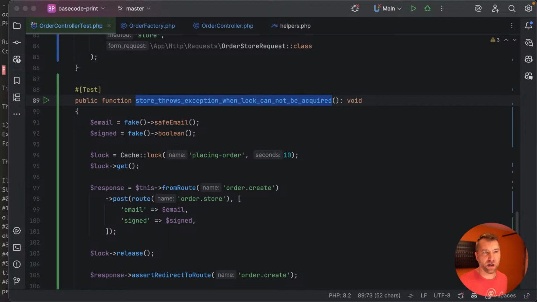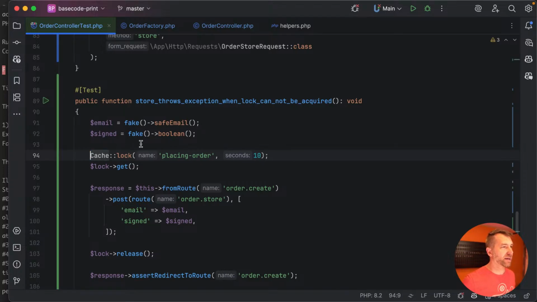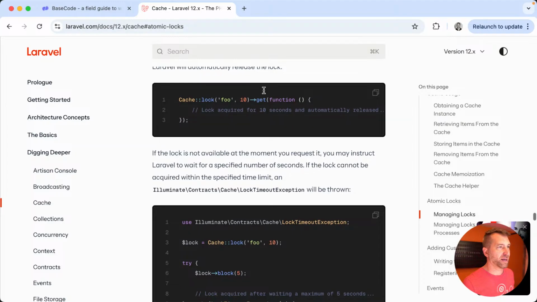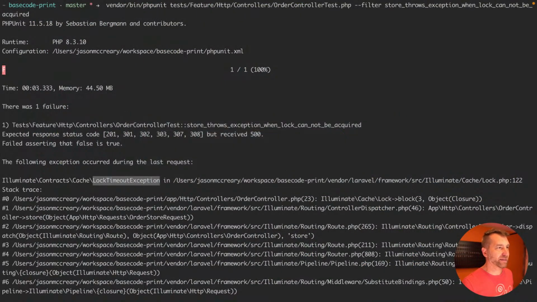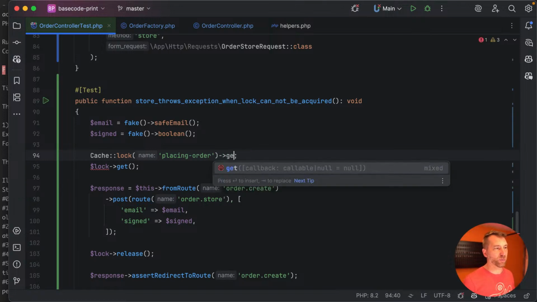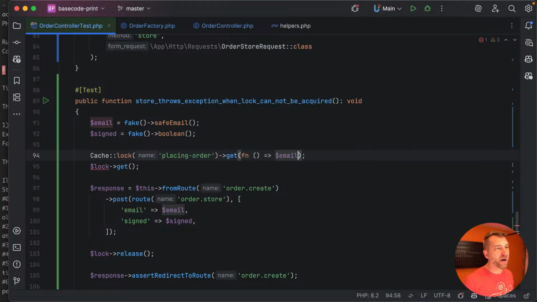Acquire lock test longer than is the code. Yep. Yeah, exactly. Now, the other thing we could do, this is a little interesting, but the other thing we could do is we could actually cache lock this and then do get. So it becomes self-releasing, we could do get, and then inside of our function, we could effectively